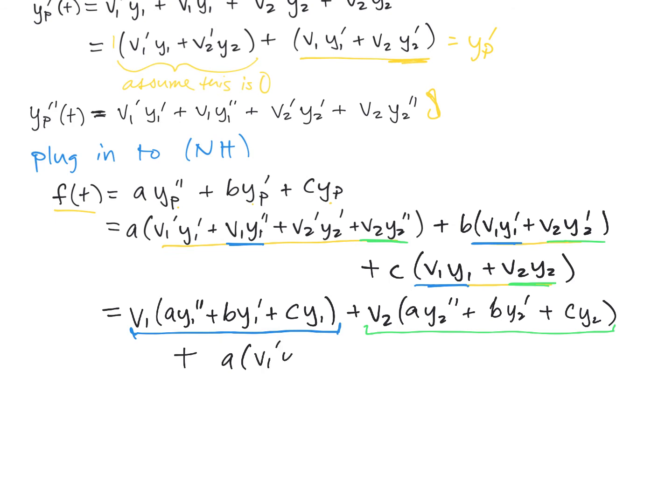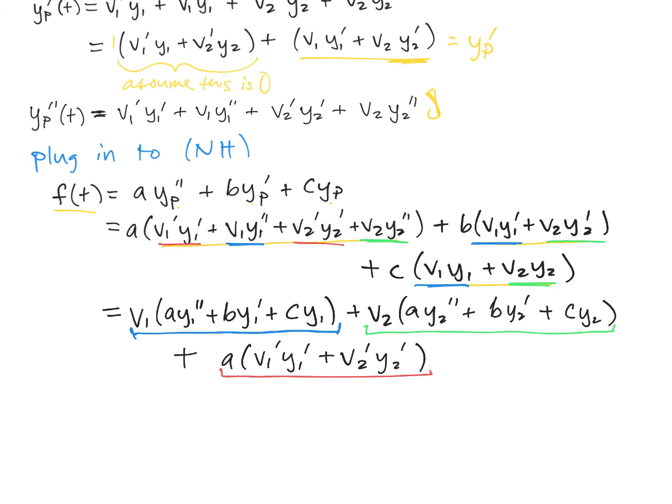V1 prime Y1 prime plus V2 prime Y2 prime. We do end up with some derivatives of our unknowns, but we'll see if we can manage that. So these came from here and here. Okay, so that's everything. Now, what's nice about this formulation is that